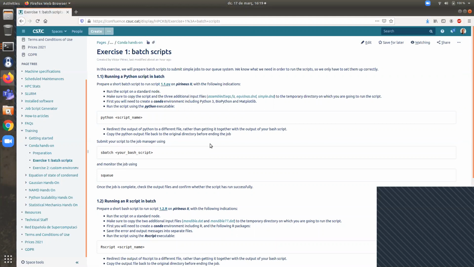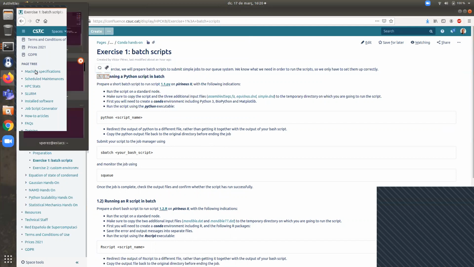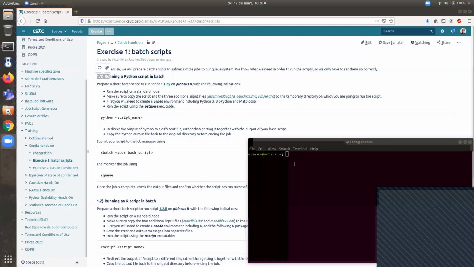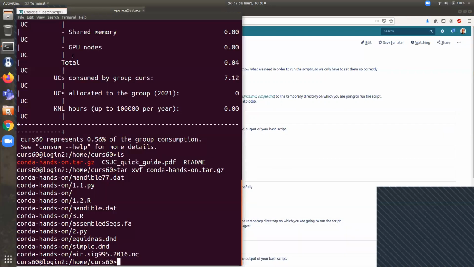In the first case, you know the script, you know very well what it does, you know very well what you need, and you simply need to define your environment, what you need in your environment to run them, and also the script you're going to use to run them. So, for instance, we have a script called